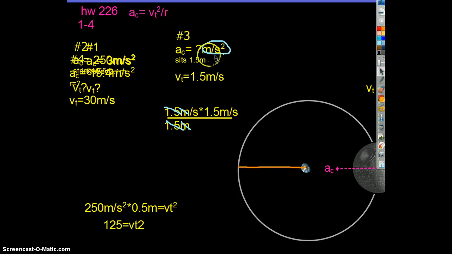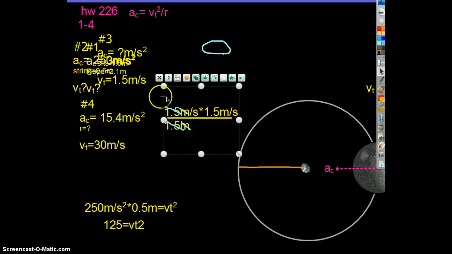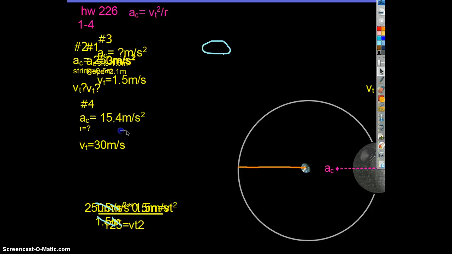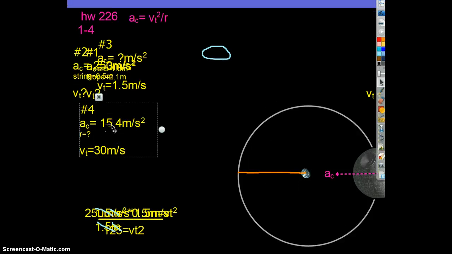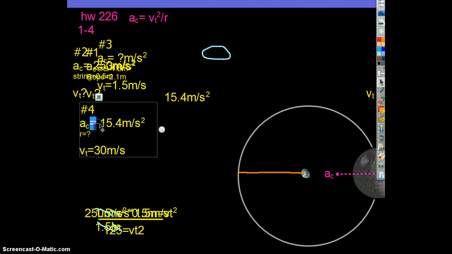All right. And last, but certainly not the least, would be number 4. Now, in number 4, we do not have the radius. We have a racetrack here. A race car moves along a circular track, has a centripetal acceleration of 15.4 meters per square second. If the car has a tangential speed of 30 meters per second, what is the radius of the track? Oh yeah, it's a racetrack. So we set this up, and we have to say, let's see, 15.4 meters per square second, that's our acceleration, is going to equal